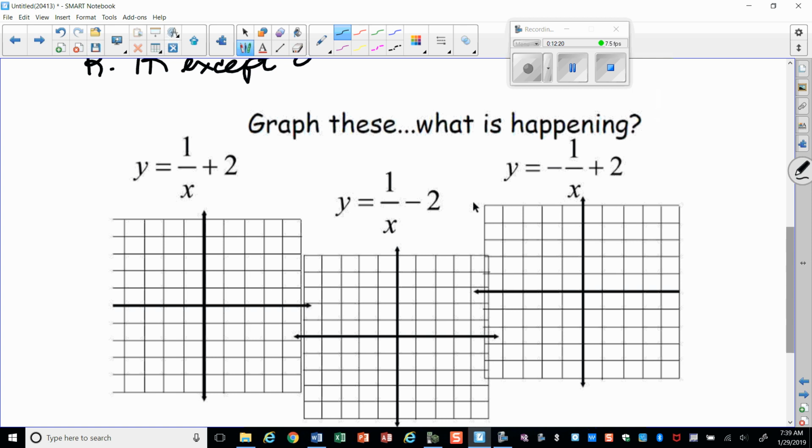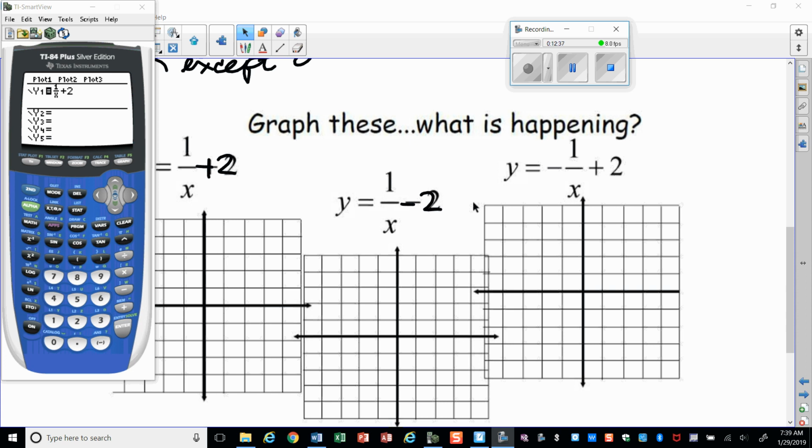Now you just put these into your calculator, and so now we've got a number added outside or subtracted outside. Okay, so what do you think is going to happen there? So we've got a number added outside, so what is going to happen? So look, it took that bullseye where the vertical and horizontal asymptotes are, and it just shifted that up 2,